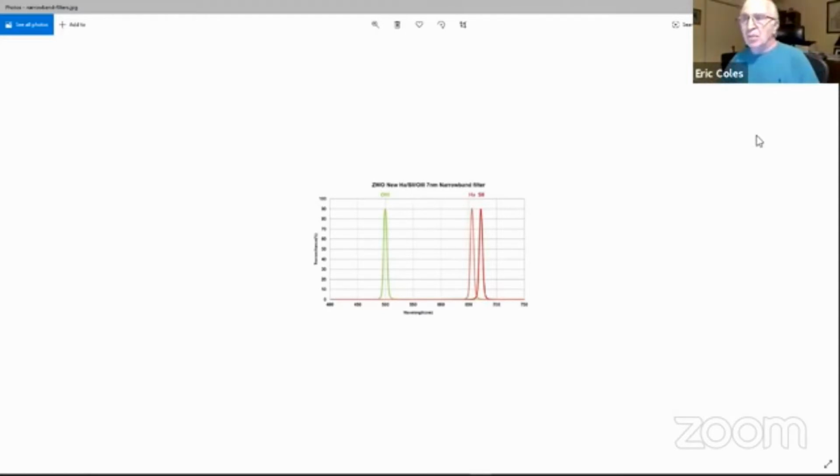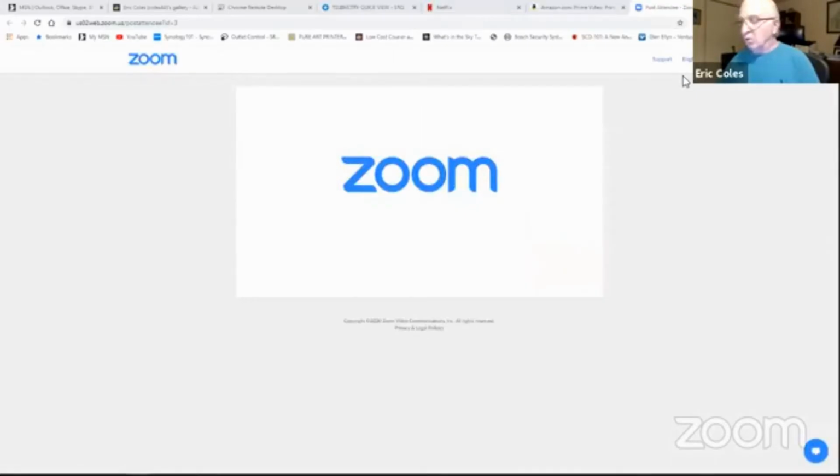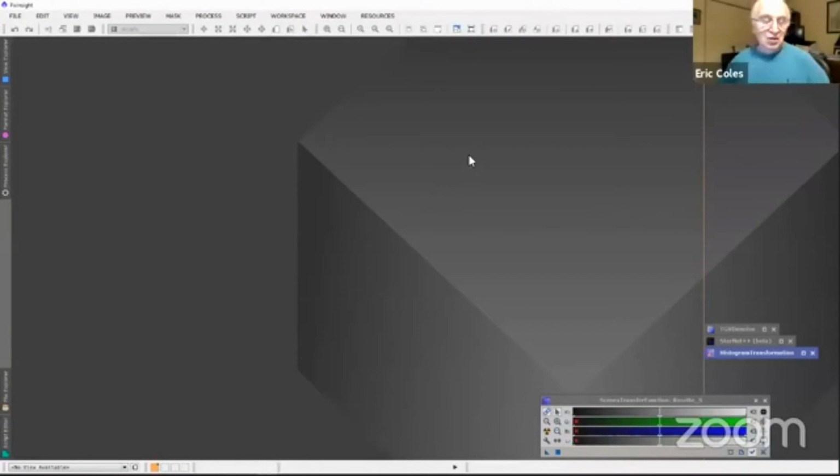So let me open up the first program that we're going to work with, and that's called PixInsight. Now, you don't have to be an expert in PixInsight to understand what's going on here. So before we start any processing of an image, we collect a lot of data. And I collect data primarily from a telescope that's out in California at a very dark site called the Sierra Remote Observatories. And for this particular image, which is the Rosette Nebula, an emission nebula,